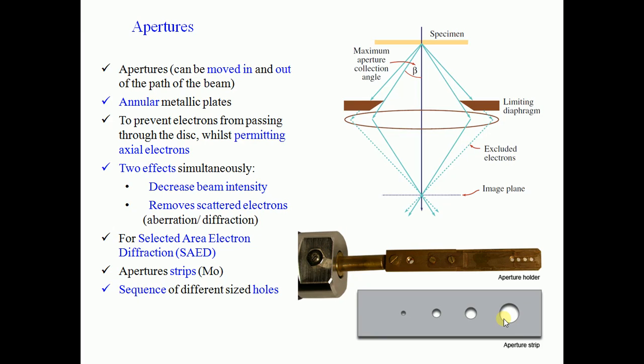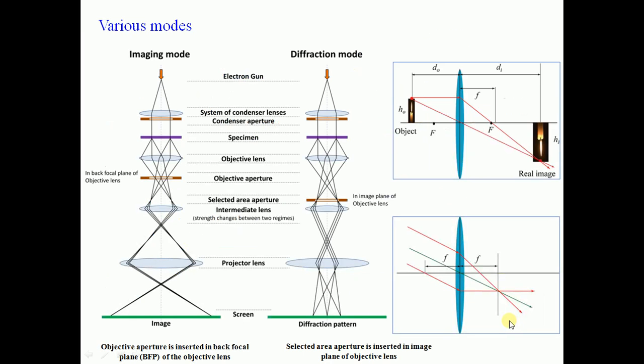Only a fine beam of electrons can be focused and allowed to fall on the sample. For selected area electron diffraction, these apertures play a very important role. The aperture strips are prepared with the help of a metal, molybdenum, and we have different sizes of apertures, which is very important. I'm going to explain it by taking a simple example of